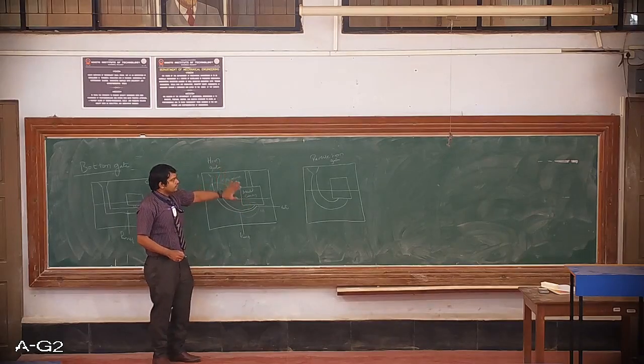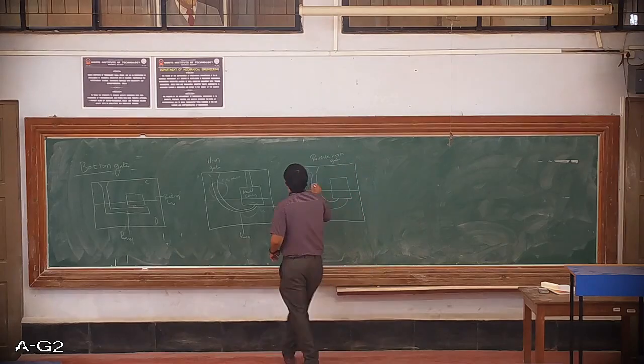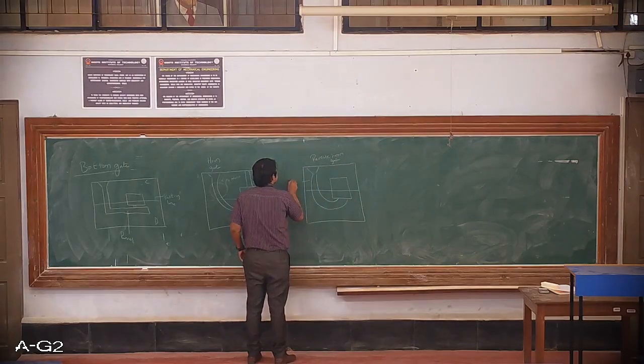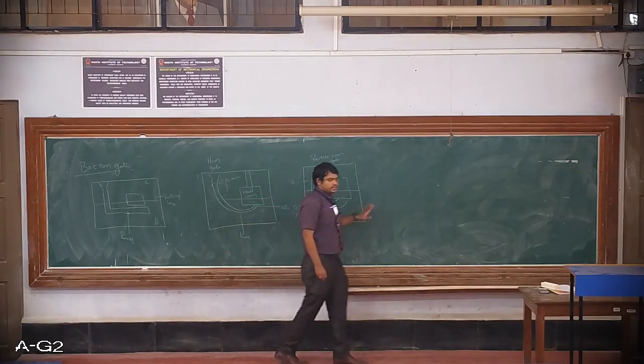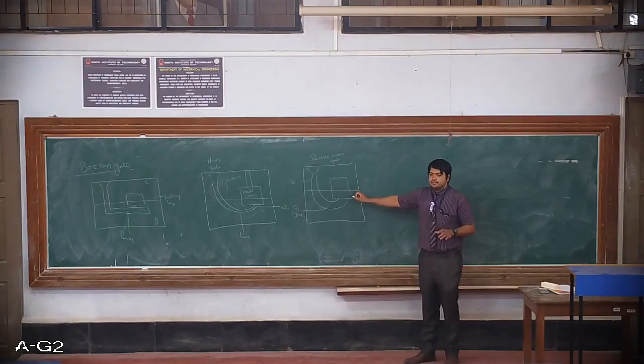So in order to overcome this, we have this particular type of gating system. We call it reverse gating system. Here cross section of this as compared to cross section of this is greater. Okay, this is greater. Thus the velocity of the molten metal entering the mold cavity can be reduced, thus making things much simpler. This type of system is used for light alloys like aluminum and magnesium.